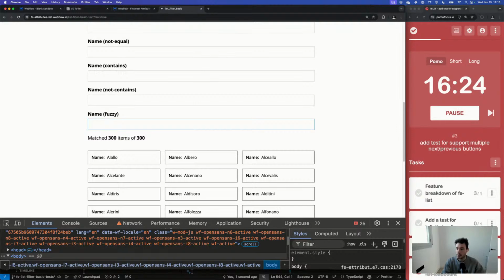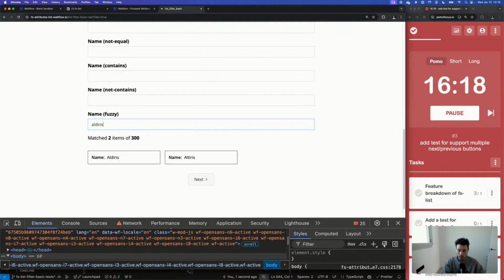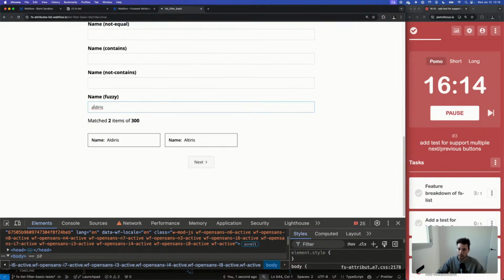Let's try doing LDD. Let's do this one. So if I write this, it's matching because it's fuzzy. It's matching both this one and this one because it's only a bit different. It only changes for one letter. And also let's do something like Alala, like this. Nice, because when doing fuzzy, we can search for multiple results.